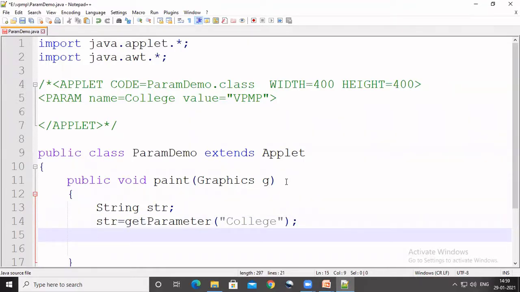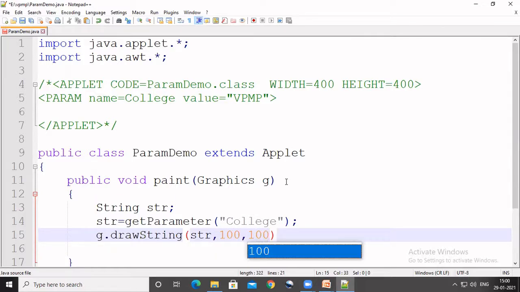Now, I want to display the value of this college name in the applet viewer too. For that, I write here g.drawString method. That means I use the drawString method, which will display the value of str in the applet viewer screen with the x and y coordinates.